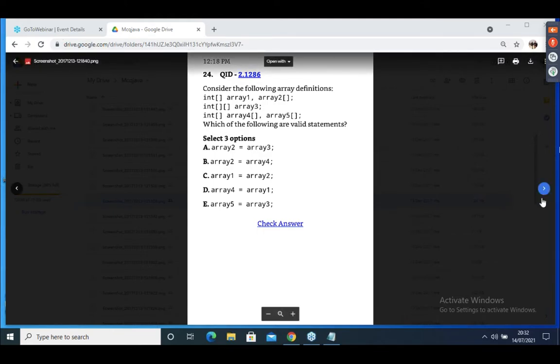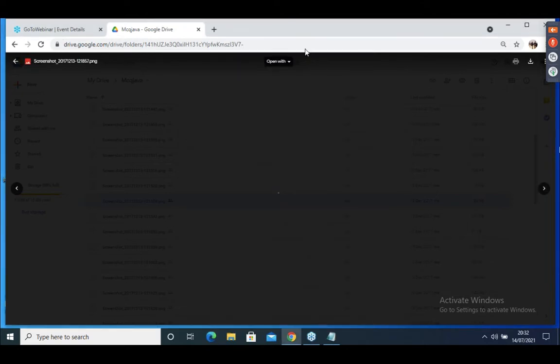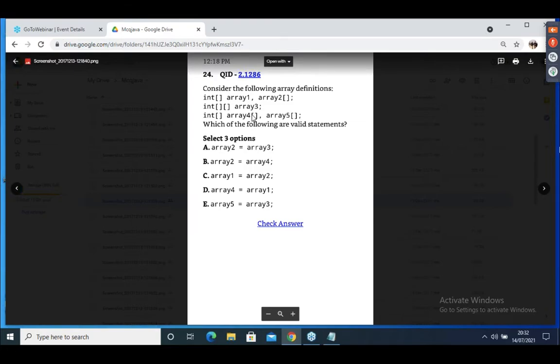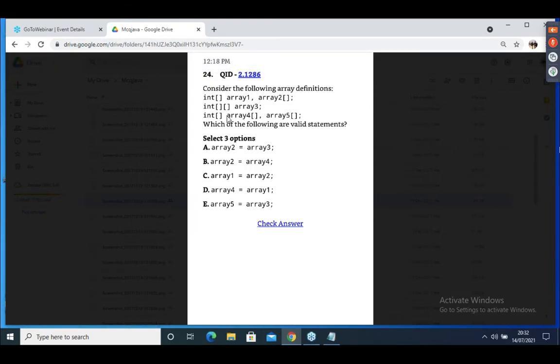Yeah, 5 and 3 are also two dimensional. Observe, you people have eyes, right? How is it three dimensional? It is two dimensional. Observe here: one bracket is there, and this is applicable to both. Here, two brackets are there.